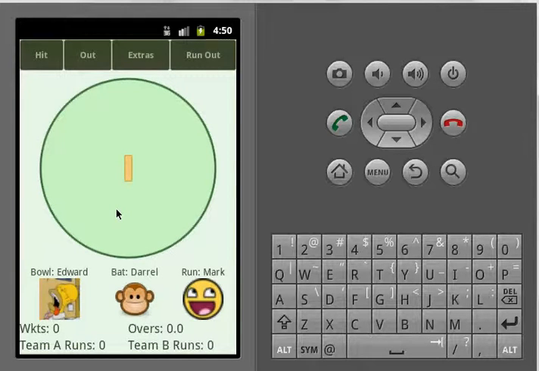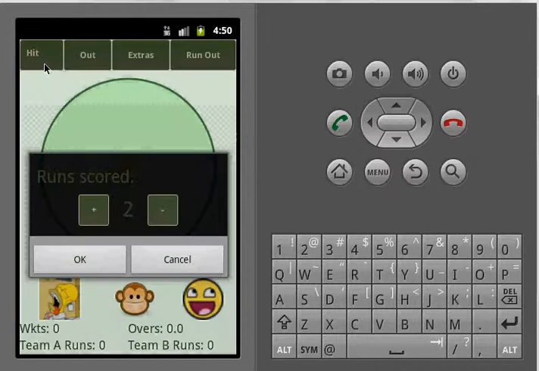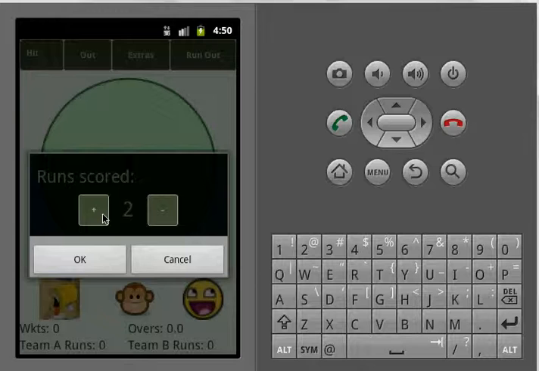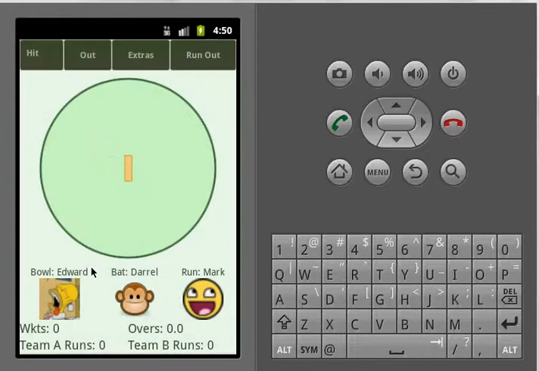Once the ball is played in the outfield, once the hitter hits, based on wherever the ball went, all the scorer has to do with our application is click on the hit button once, and they'll be prompted for how many runs were scored, say 2 runs. What you will do is indicate on this wagon wheel view, as we call it, and just mark where the hit went, and the interface itself will take care of updating all the information as far as runs that were scored on that ball. 2 runs were scored, and that has been incremented here, and the balls passed has been incremented here. As far as